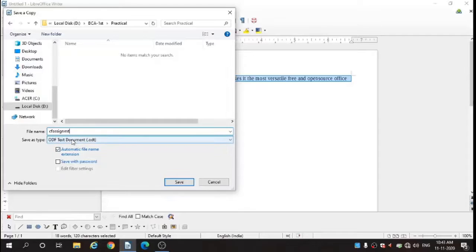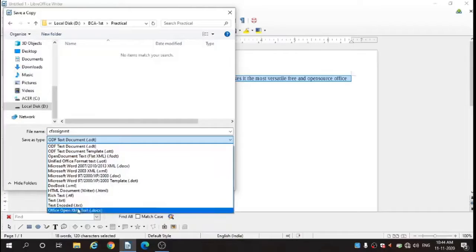So here LibreOffice is compatible with most of the common file formats from Microsoft Office, including XLSX and DOCX, then PPTX. It is also compatible with other non-Microsoft product formats. So here formats are there.